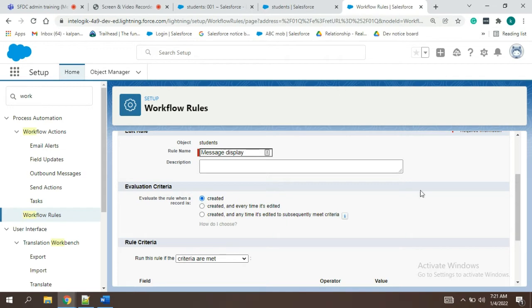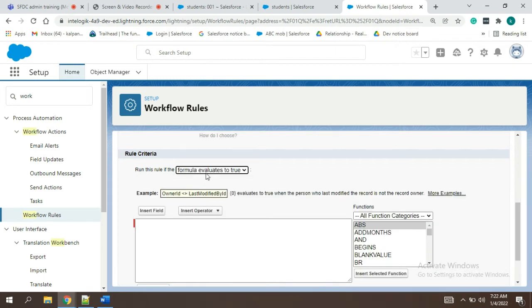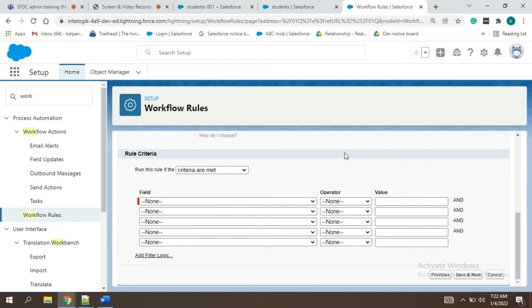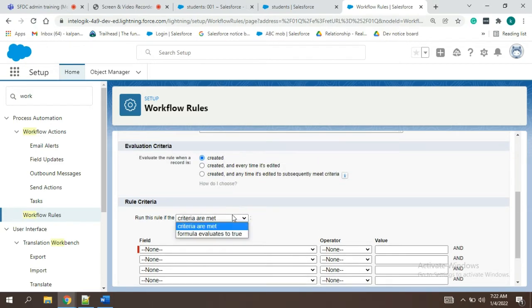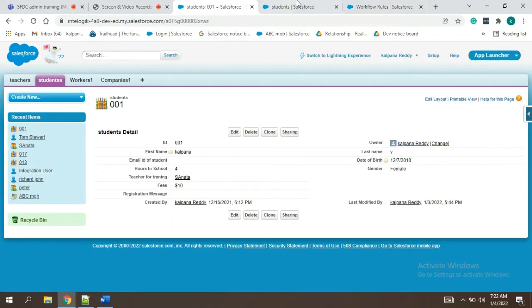So I'll just go through the first one. Run this rule if the criteria are met, or the formula evaluates true. There are two types we can do. The first one is based on some fields or something updates. The other one is just by giving a formula, like owner ID or hours of school.